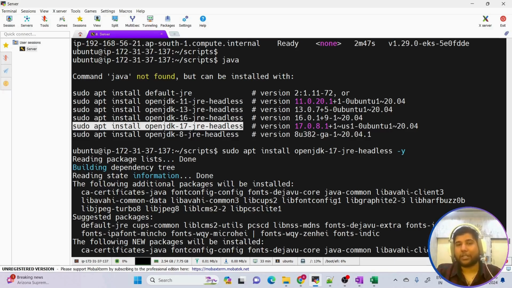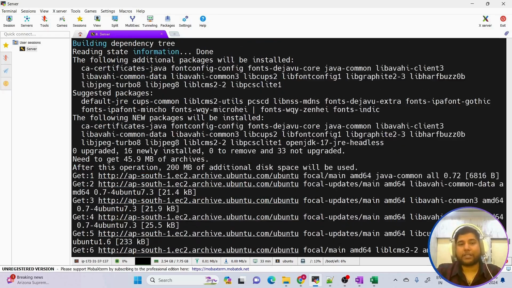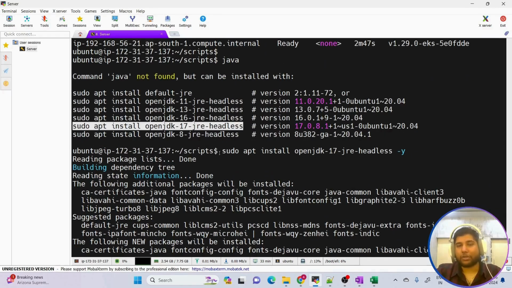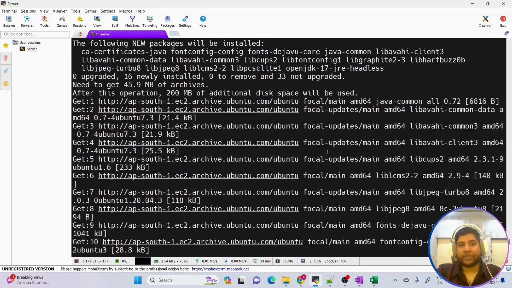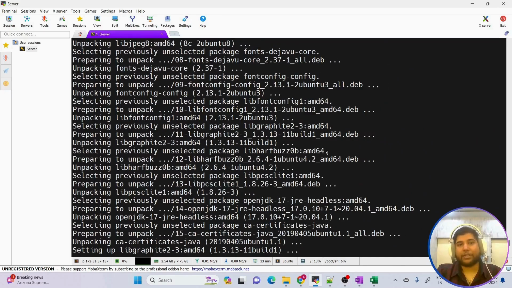One thing you need to remember: do not go with JDK 11 because it is slowly getting deprecated, and if you set up JDK 11, you will get a lot of warnings in your Jenkins, okay? You can get this install command by just typing java, and you will get all these commands. So initially I installed JDK, JDK 17. After that we need to install